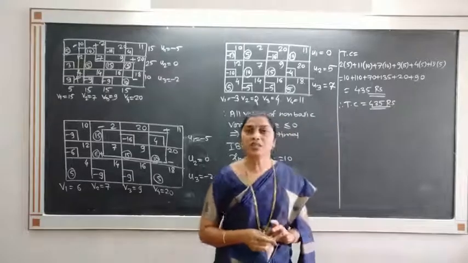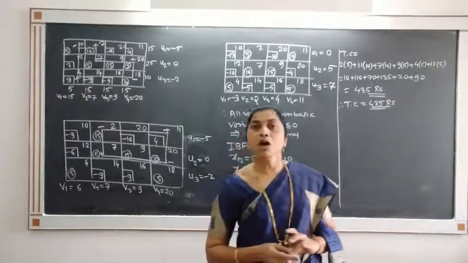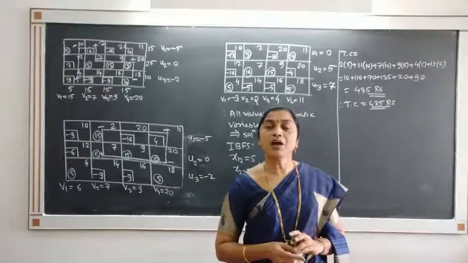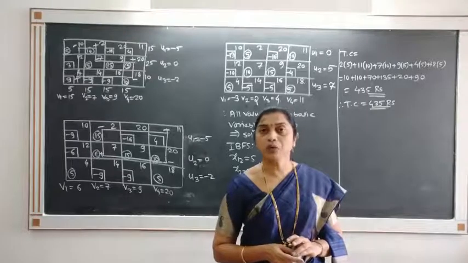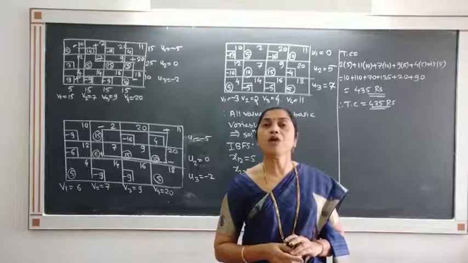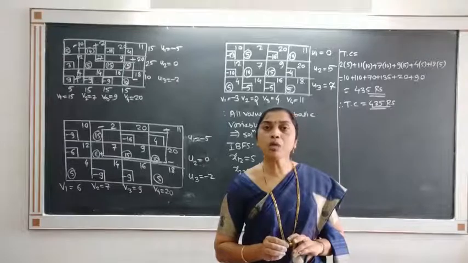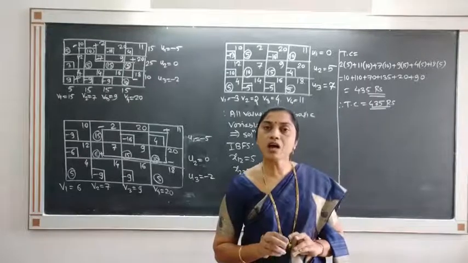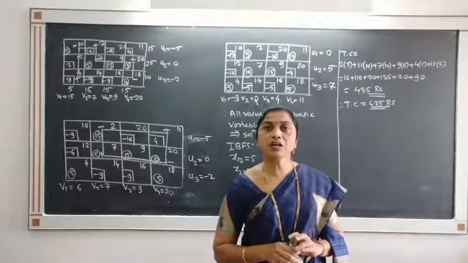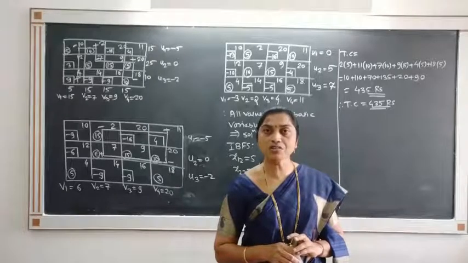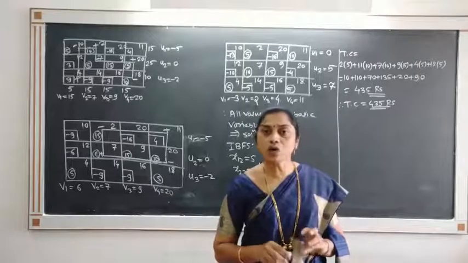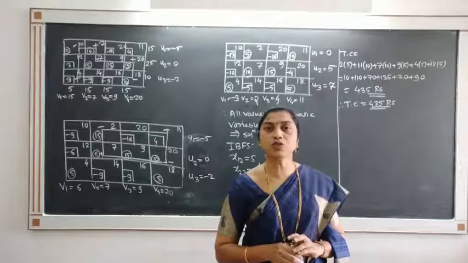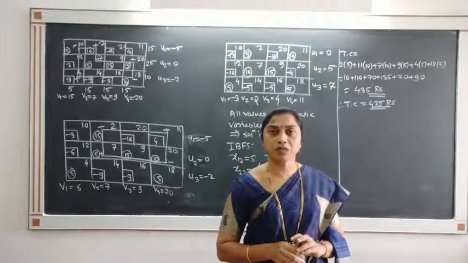So, in this case, we have considered what the solution will be when the problem has a degenerate solution. If it has a degenerate solution, we allocate a small quantity epsilon in the unoccupied cell having the smallest transportation cost, such that all the allocations will be at independent positions, and then solve as usual by MODI.